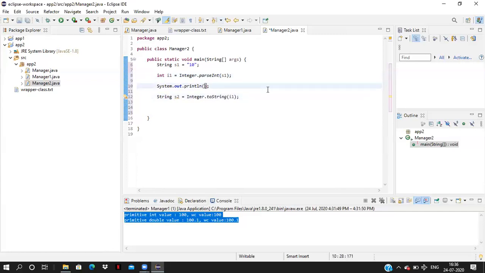After converting string to integer, I am just printing the value. String to integer, i1.